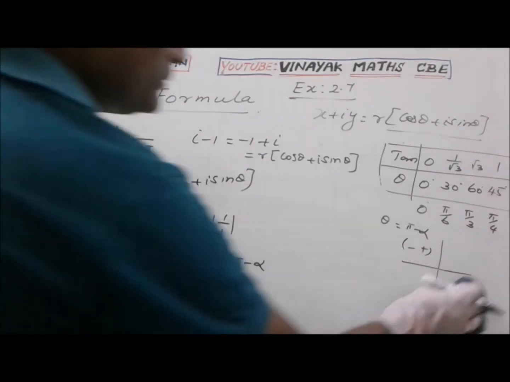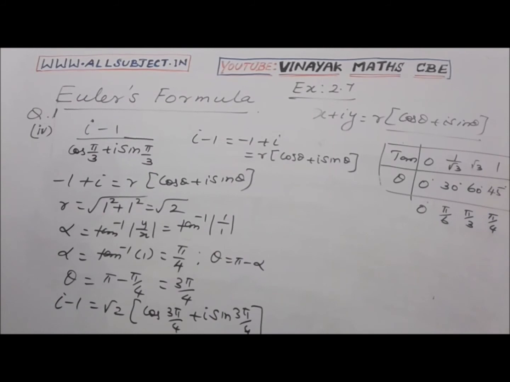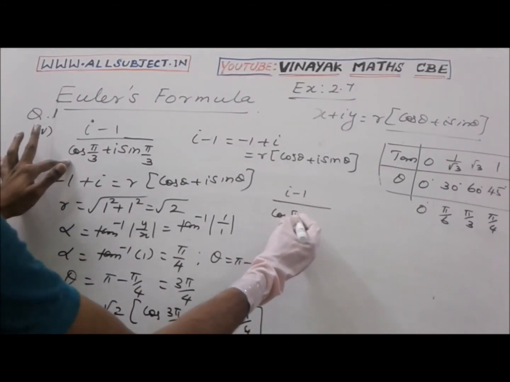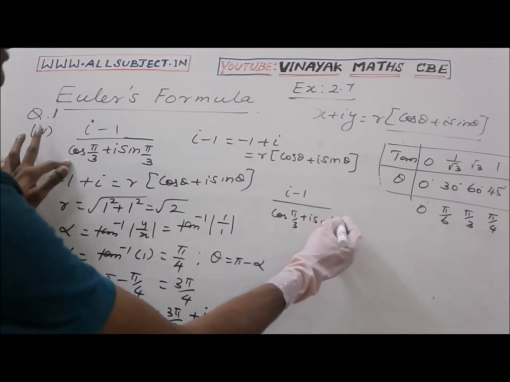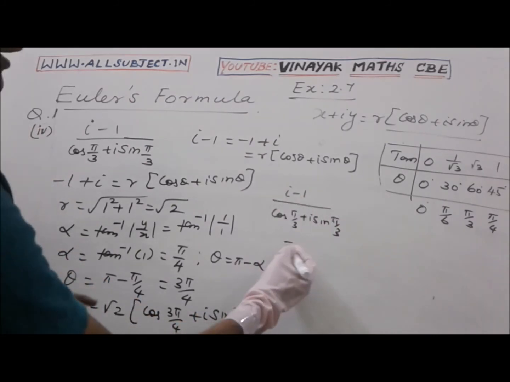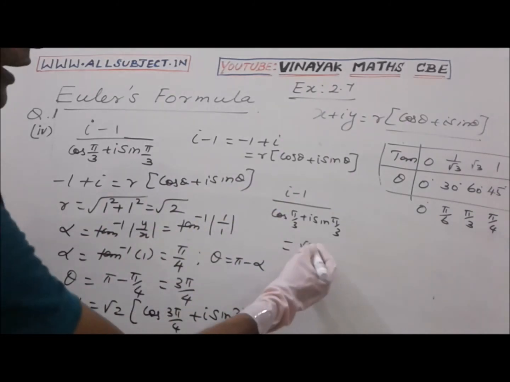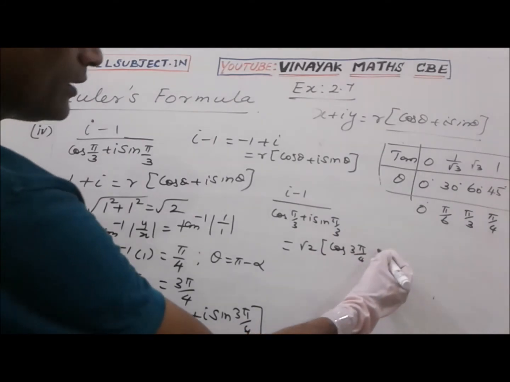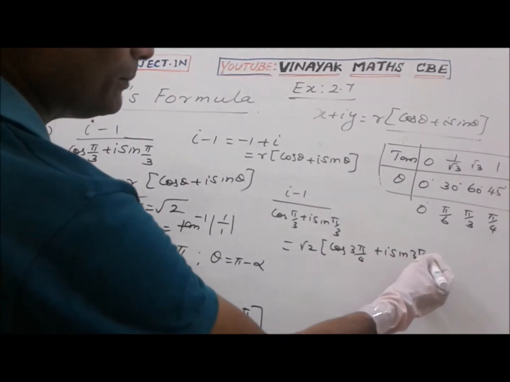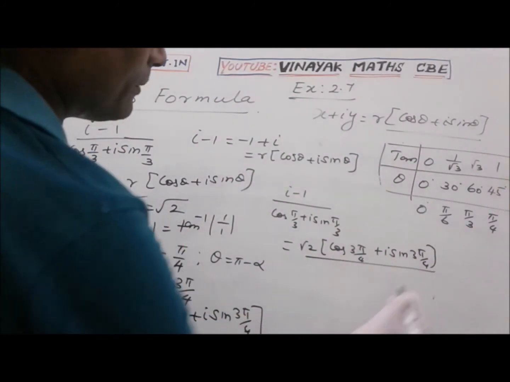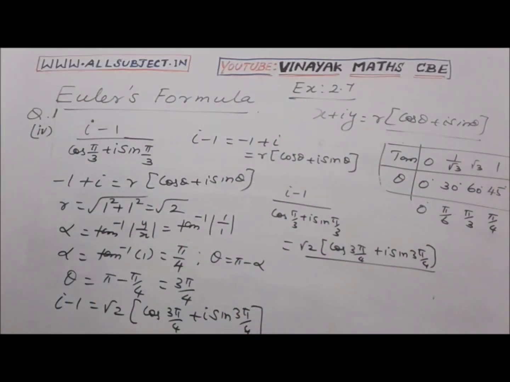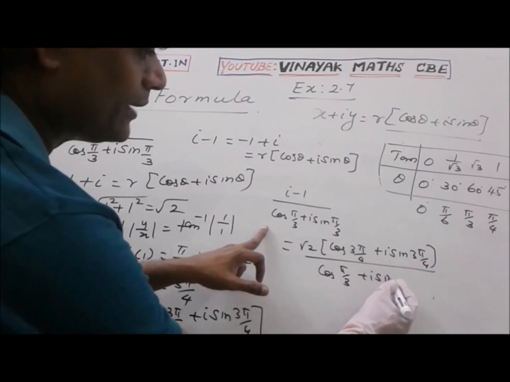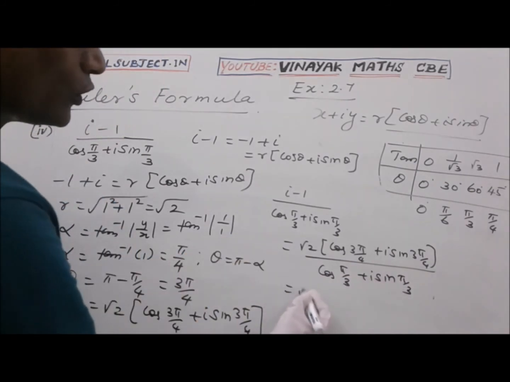The given problem is i minus 1 divided by cos pi by 3 plus i sin pi by 3, which is equal to root 2 into cos 3 pi by 4 plus i sin 3 pi by 4 divided by cos pi by 3 plus i sin pi by 3, which is equal to root 2 into